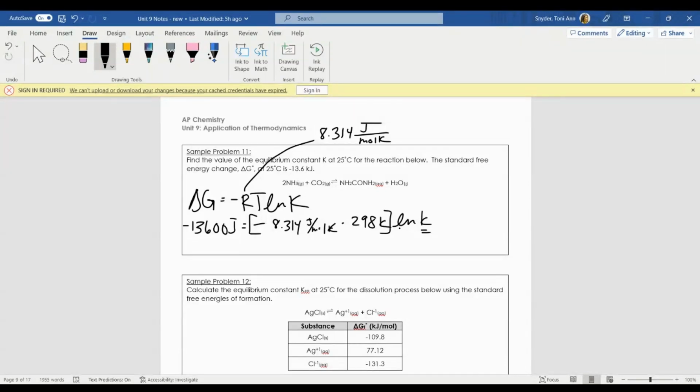Negative 8.314 times 298 gives me 2478. So negative 13,600 equals negative 2478 ln K. I'll divide both sides by negative 2478, so negative 13,600 divided by negative 2478 gives me